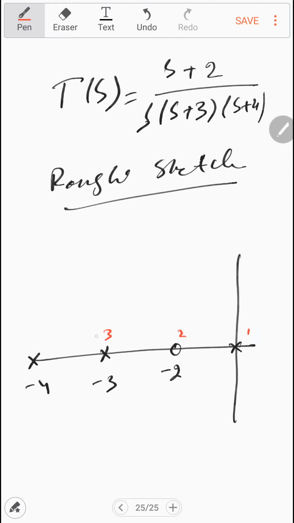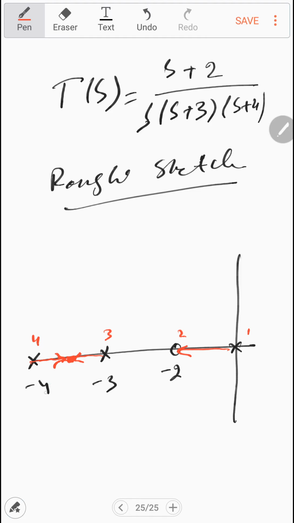And then we start counting 1, 2, 3, and then 4. And then we say that the root locus will start from the pole and end at the zero. So you see that it starts from here and ends at the zero, and we say that the locus exists to the left of an odd number of poles or zeros, or we can also say that it exists to the right of an even number of poles or zeros. So both definitions are satisfied. And then we have this pole and this pole. This is odd, so the root locus will be at the left, and this is even, so the root locus will be at the right, and they will meet at this point.